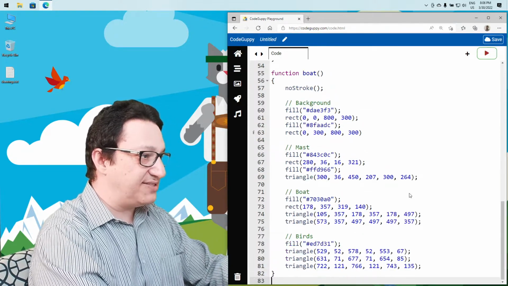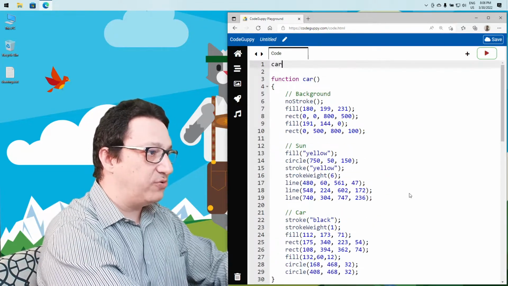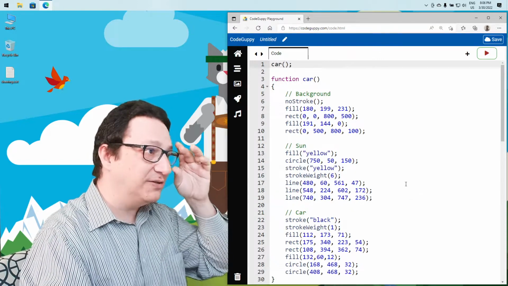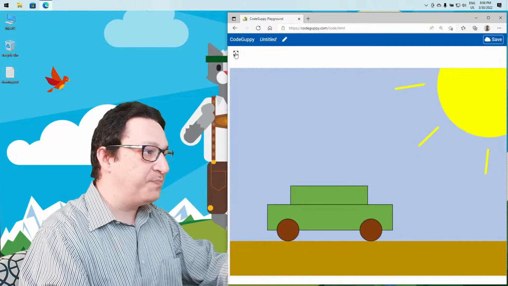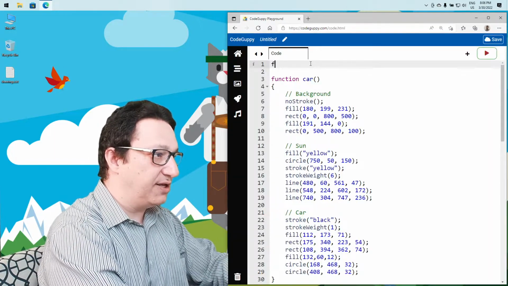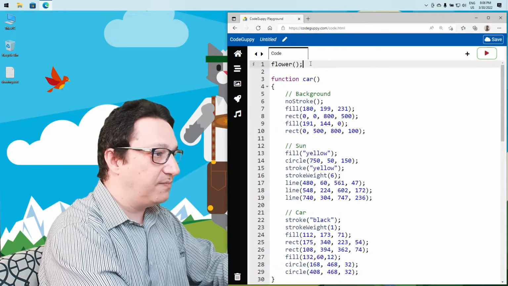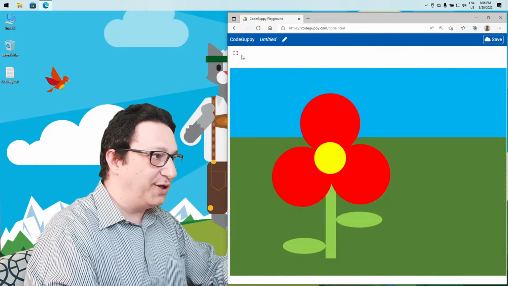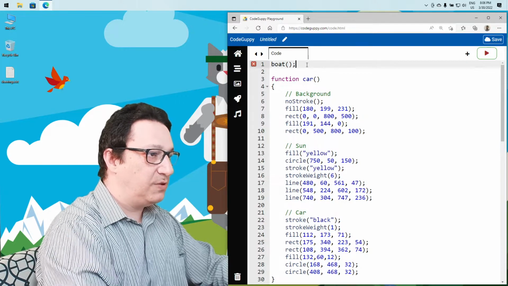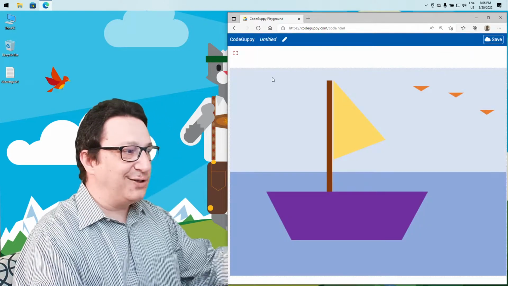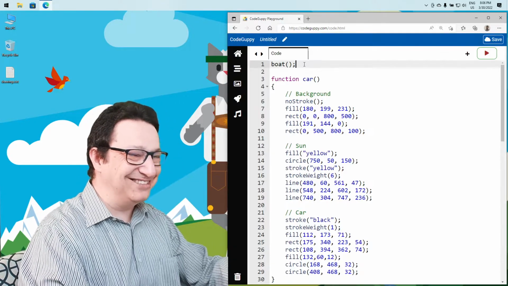And bear with me just a second, I want to run this one to make sure that our program doesn't have errors. It's always good to test it from time to time to avoid accumulation of errors. Car, looking good. Flower, looking good. And the last one is boat. Alright, all three look good. Now,